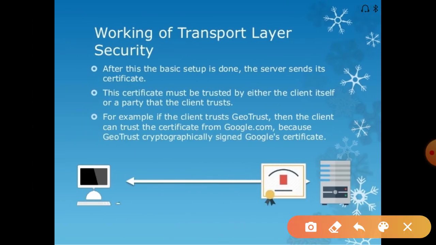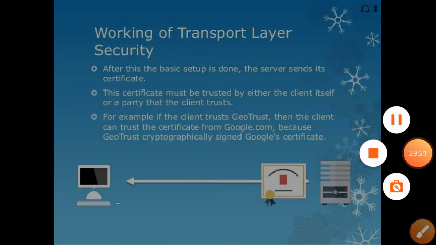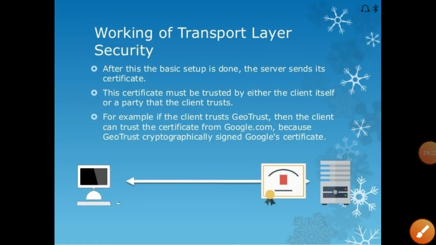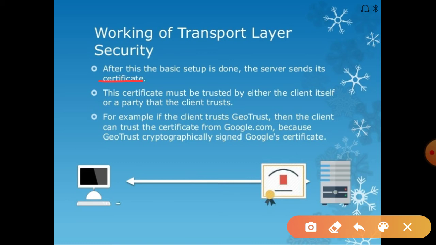Next, after this basic step is done, the server sends its certificate. What is this certificate the server is sending to the client? The certificate must be trusted either by the client itself or by a party that the client trusts.